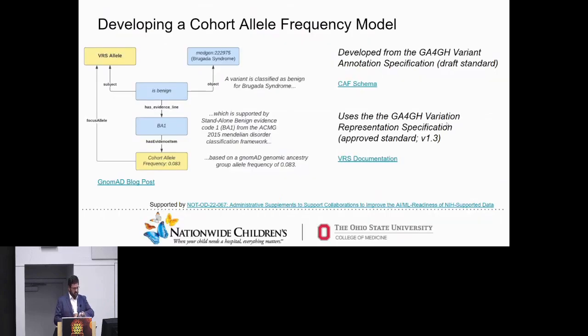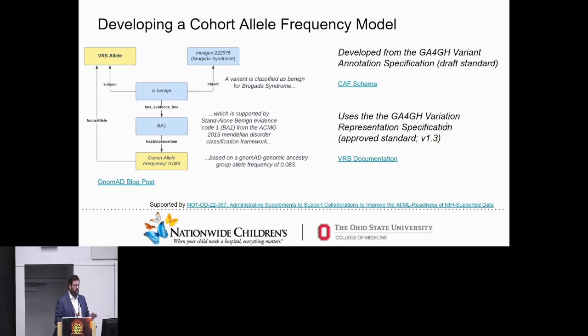And so what we've been doing is working on developing a cohort allele frequency model that allows us to take the variants that we observe and basically represent them using these GA4GH standards, and associate that with a standard for cohort allele frequency evidence itself, so that when we have a statement like this, Brugada variant classified as benign for Brugada syndrome, which is supported by standalone benign evidence from the ACMG framework,